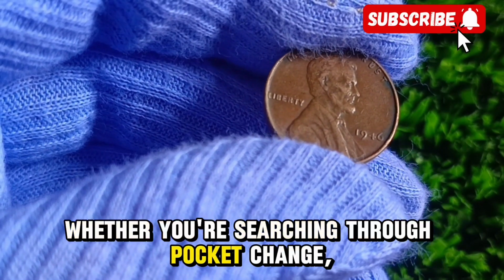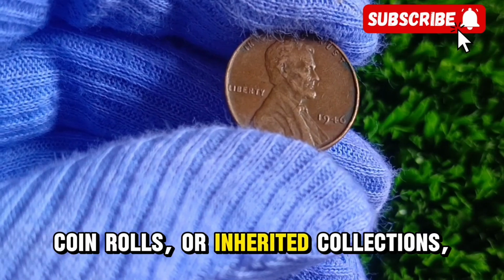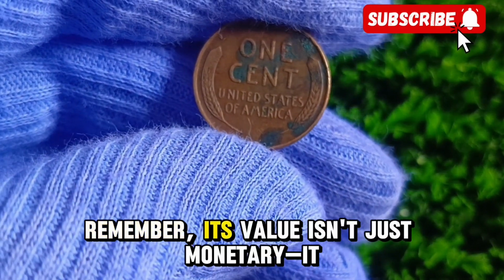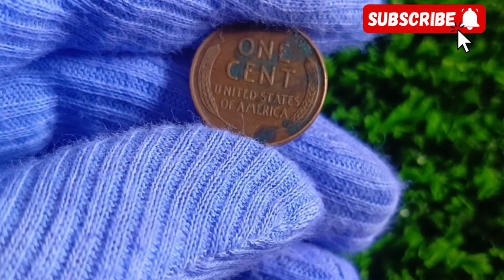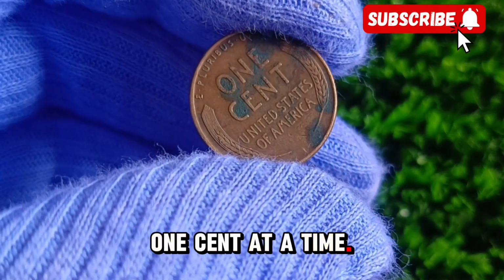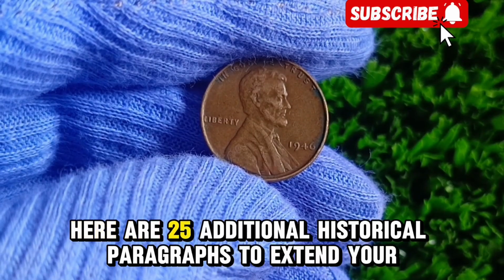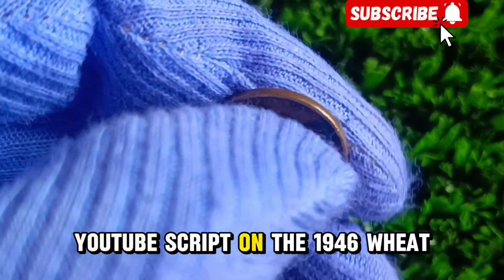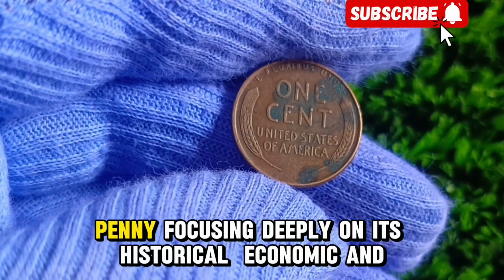Whether you're searching through pocket change, coin rolls, or inherited collections, keep an eye out for this special penny. Remember, its value isn't just monetary, it tells the story of a nation recovering and rebuilding, 1 cent at a time. Absolutely. Here are 25 additional historical paragraphs to extend your YouTube script on the 1946 wheat penny, focusing deeply